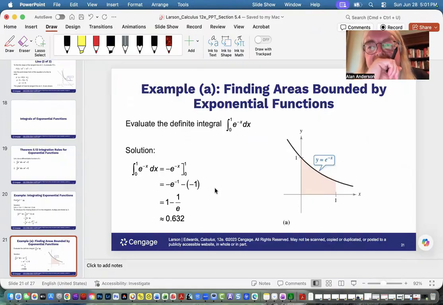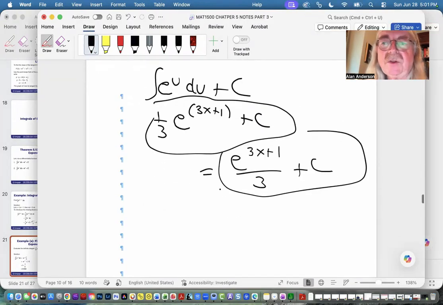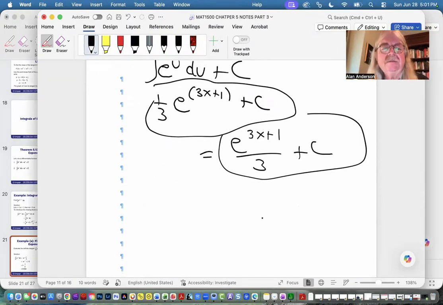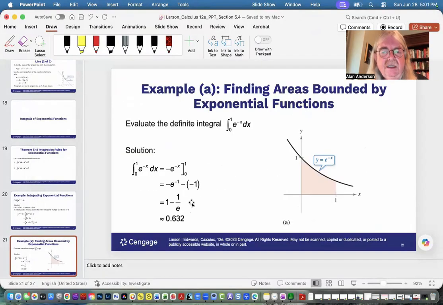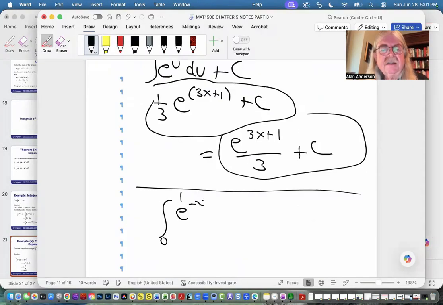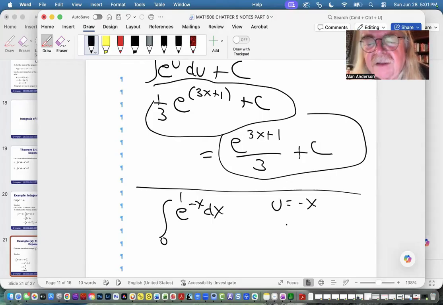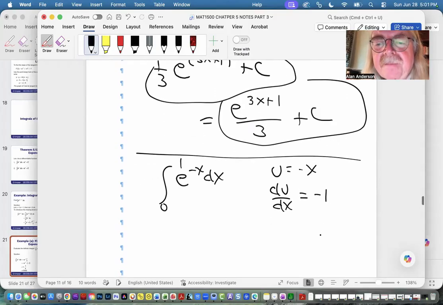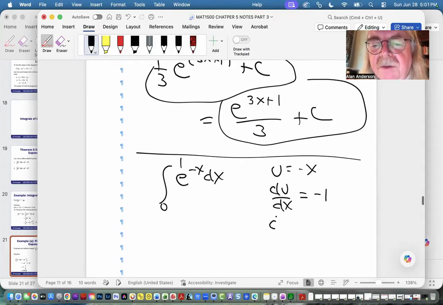We haven't seen one of these just yet, but the rules are exactly the same as what we're used to. e to the minus x dx. So u is negative x, du dx is negative 1. So that means that du is negative dx, which we don't have, but we can provide our own negative